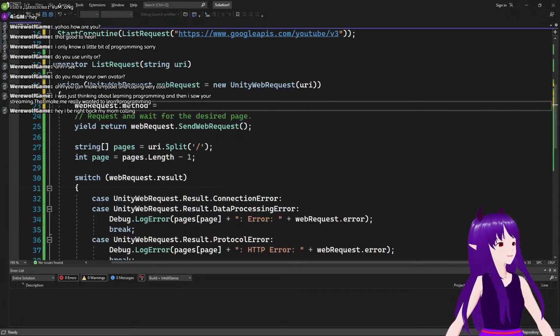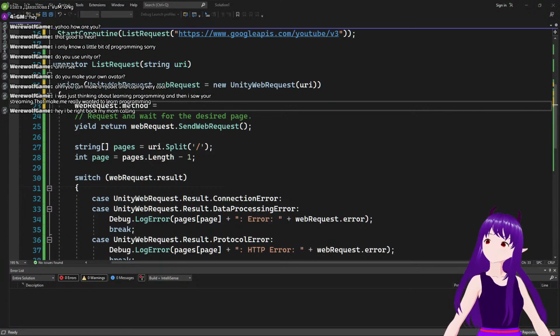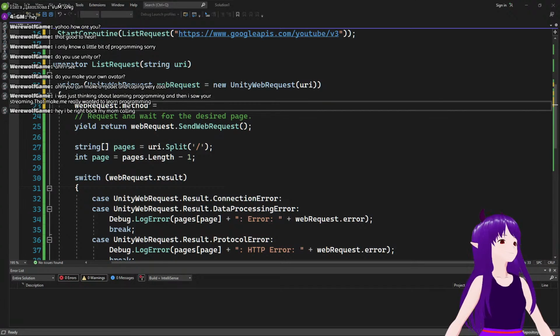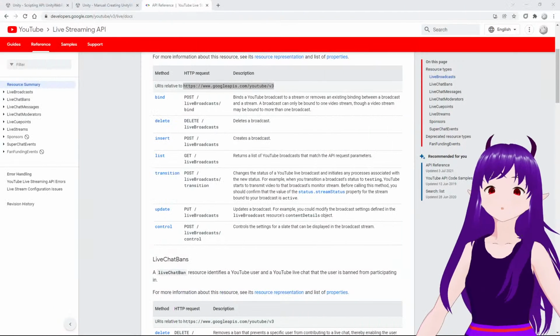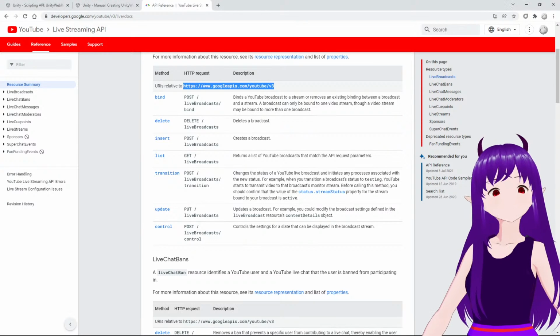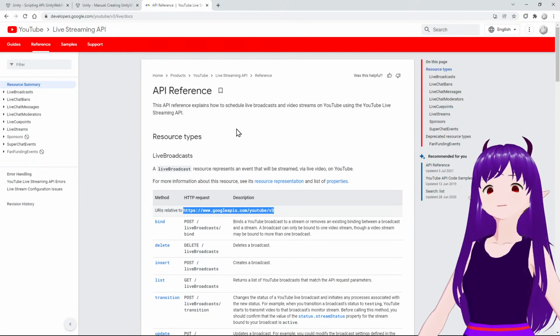And the method that Google wants is, we look at the API reference, we look at the API reference here,